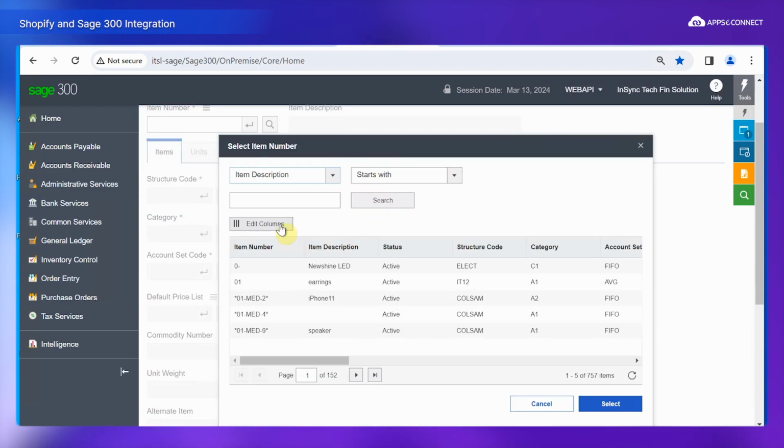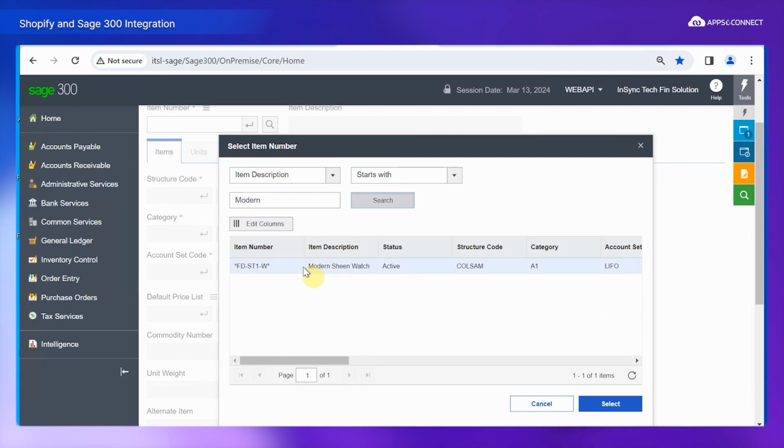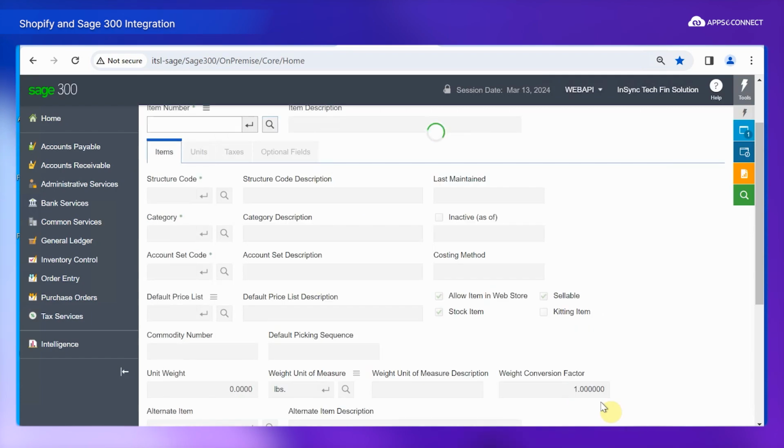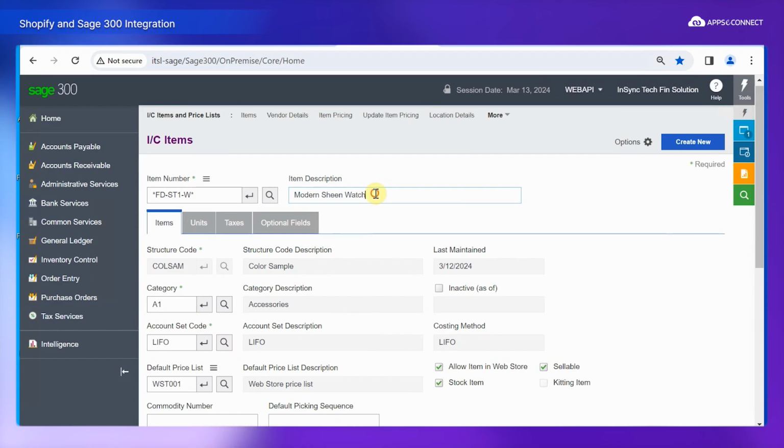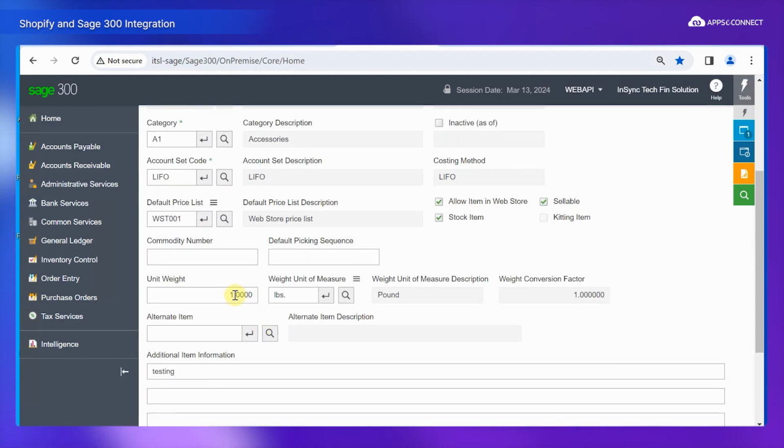Let's give it an item description and give the name of the item. Found the item, we select it. Well, we give the item description, then we give the structure code, then we give it a category, account set code, it can be LIFO or FIFO, and further we can go and give it a unit weight,